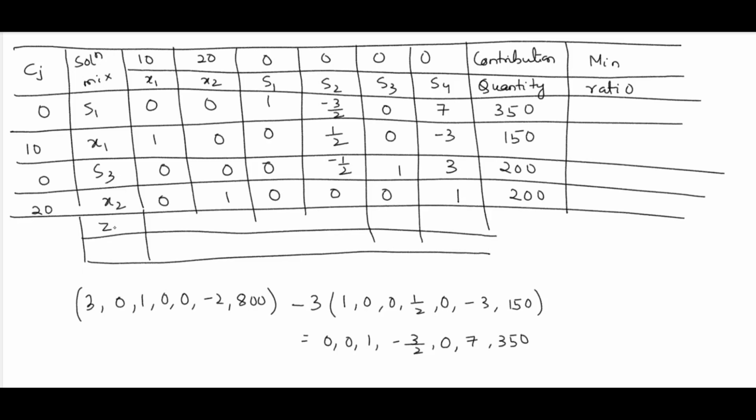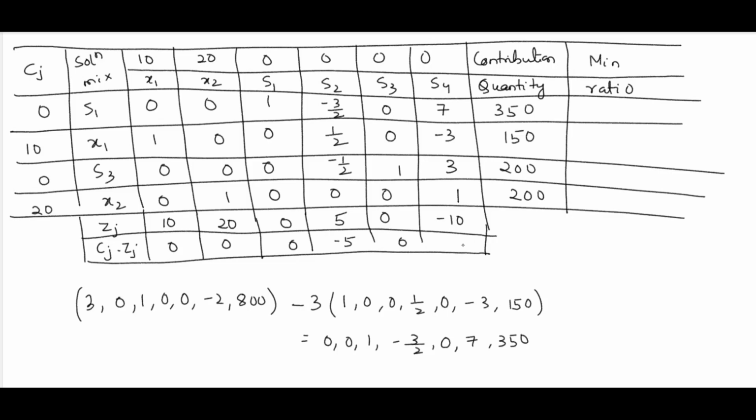So it is Zj. Zj is 0 into 0 plus 10 into 1 is equal to 10, plus 0 into 0 plus 20 into 0. So you will get 10. Likewise, if you compute the usual process, 20, then 0, 5, 0, then minus 10. Then here Cj minus Zj: 0, 0, 0, minus 5,